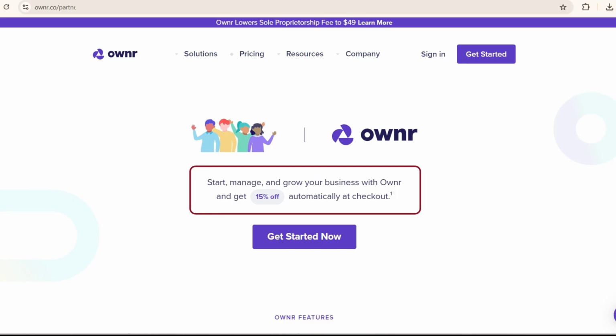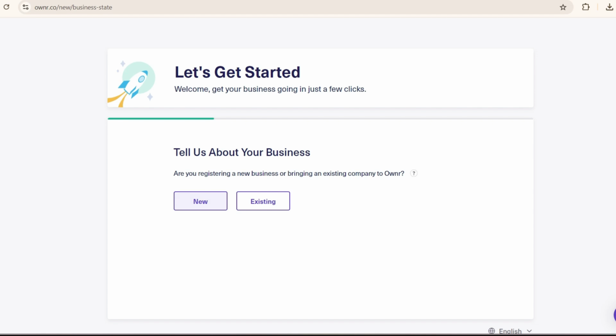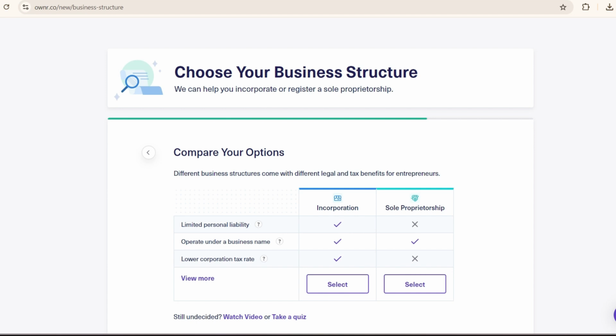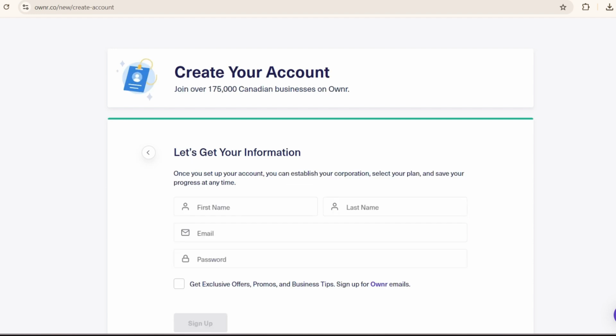By using this link, you will come to this page and here you click Get Started Now. You will come to this page, "Tell us about your business." Click New, and depending on your province, you will choose your province and then click Next. You will come to this Compare Your Option page. Here you will select Sole Proprietorship. For Sole Proprietorship, you will enter the company name. Once the company name is entered and you click Next,